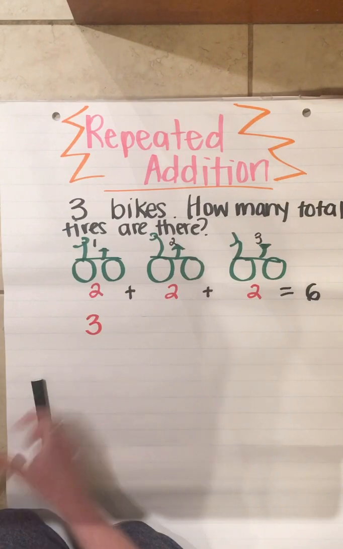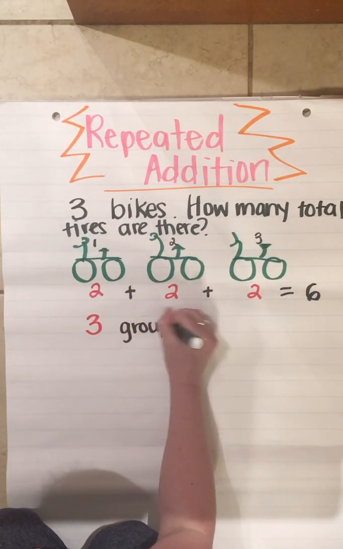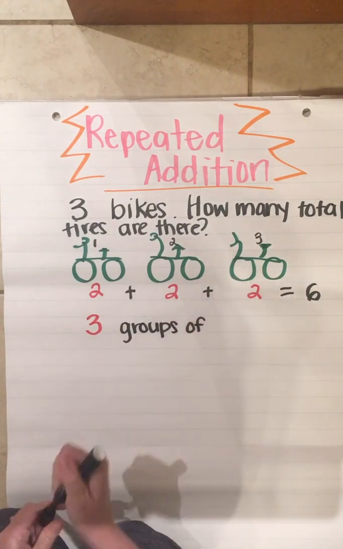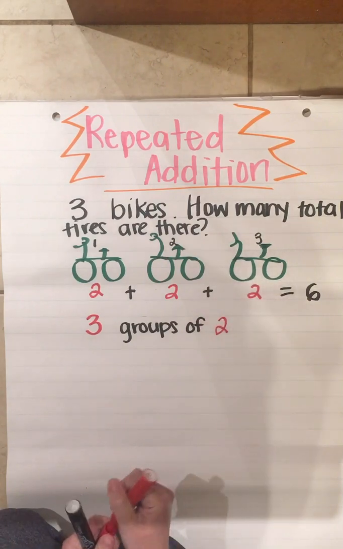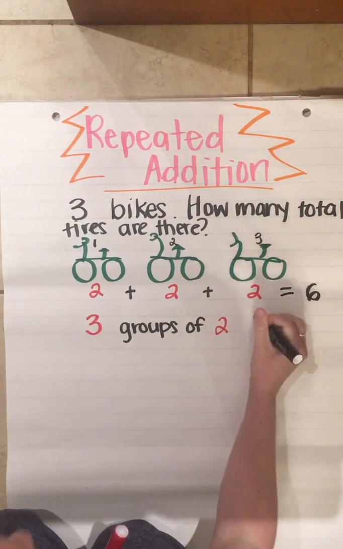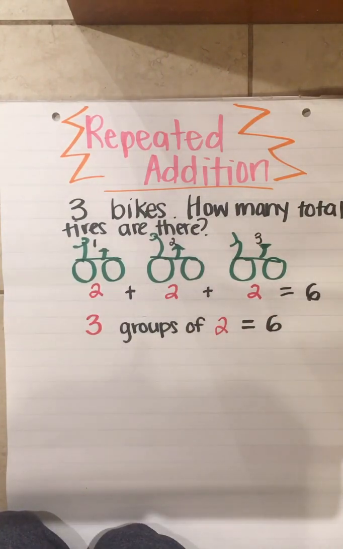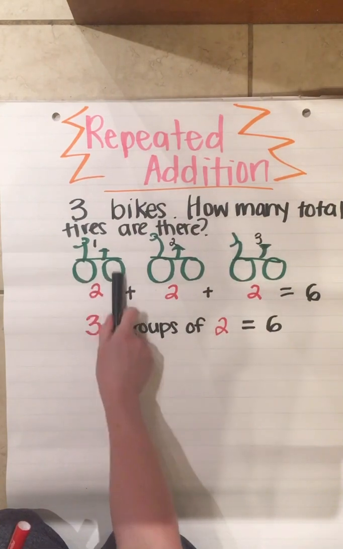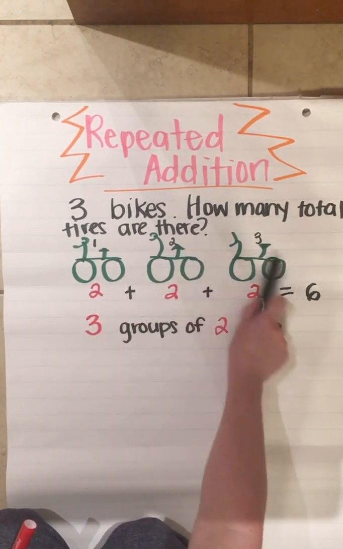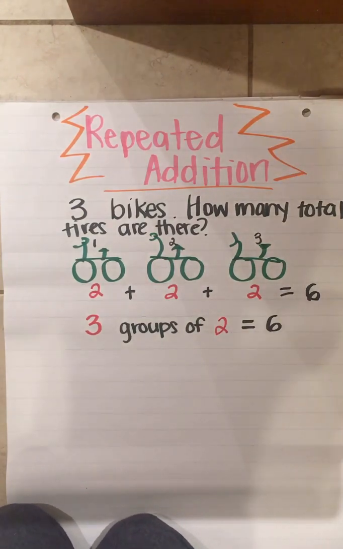3 groups of 2, okay? 3 groups of 2 also equals 6 because I have 1, 2, 3 groups of 2 tires in each group, okay? There's one more way that we can show this, but I'm going to show you one more